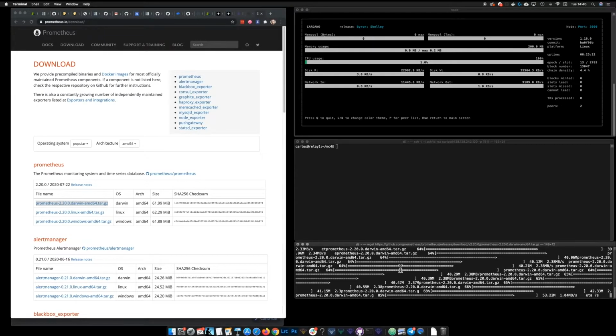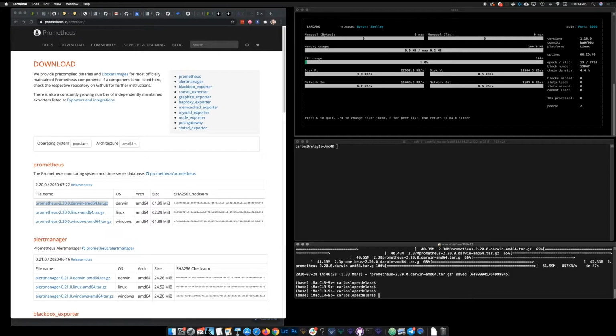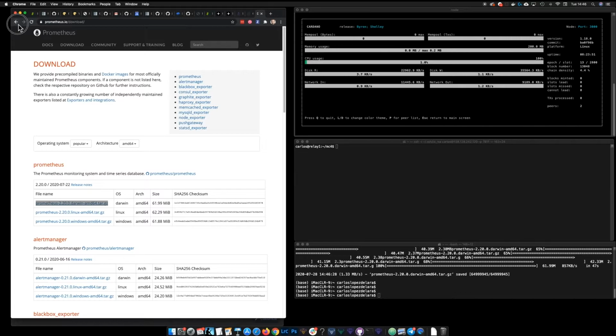You can have a different server that will allow you just to monitor your node servers, and that would be a third server you have to put together, and you could run Prometheus from there. But for now, I am using my local machine just for this. Okay, so now I have downloaded Prometheus,